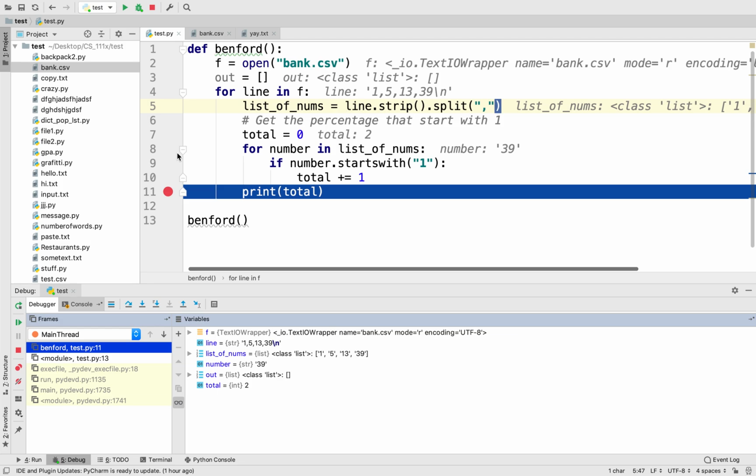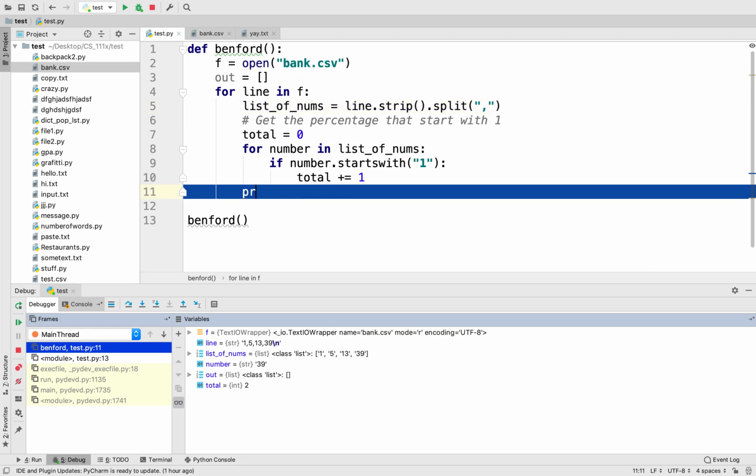So now what are we going to do? We have 2 total numbers that start with 1. Now we need to not return, we need to add to this out variable, right? This is kind of weird. We got these 2 nested for loops and these 2 variables going on, so you've got to keep track of all those. So now we're going to say out dot append,